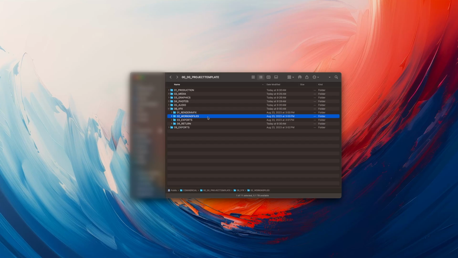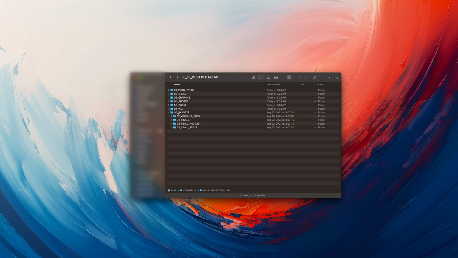So if I was using Cinema 4D or something else, which normally I don't do, a Blender file, but again, it's there just to keep it neat and tidy. Exports. So this is mainly when I'm exporting an entire project to someone. This is not the same as the rendering, and then the return. So if I'm sending it out to a VFX artist and then I'm getting that back,